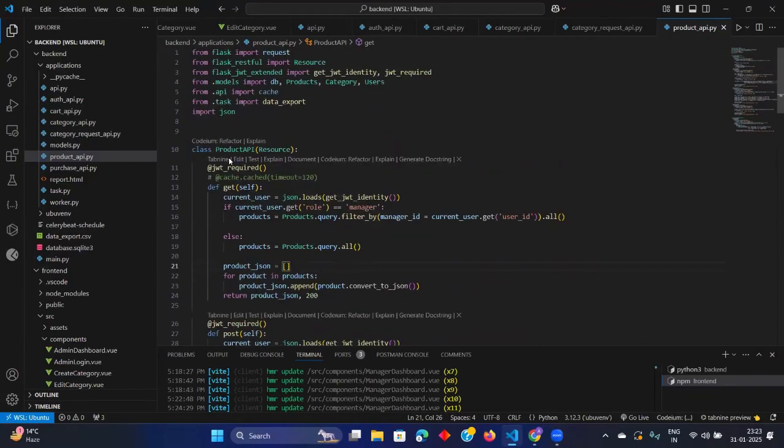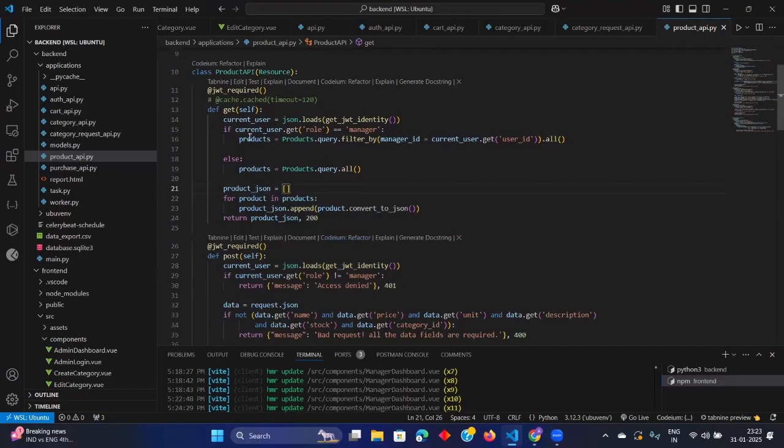See, let me tell you what Aditya has done. He has created a product API. In this product API, he is using a get request with nothing passed here, just a get request with current user, and it will return me all the products. This definition is also necessary because we want to showcase all the products on our products page, right? And we want to show all the products on our customer dashboard.